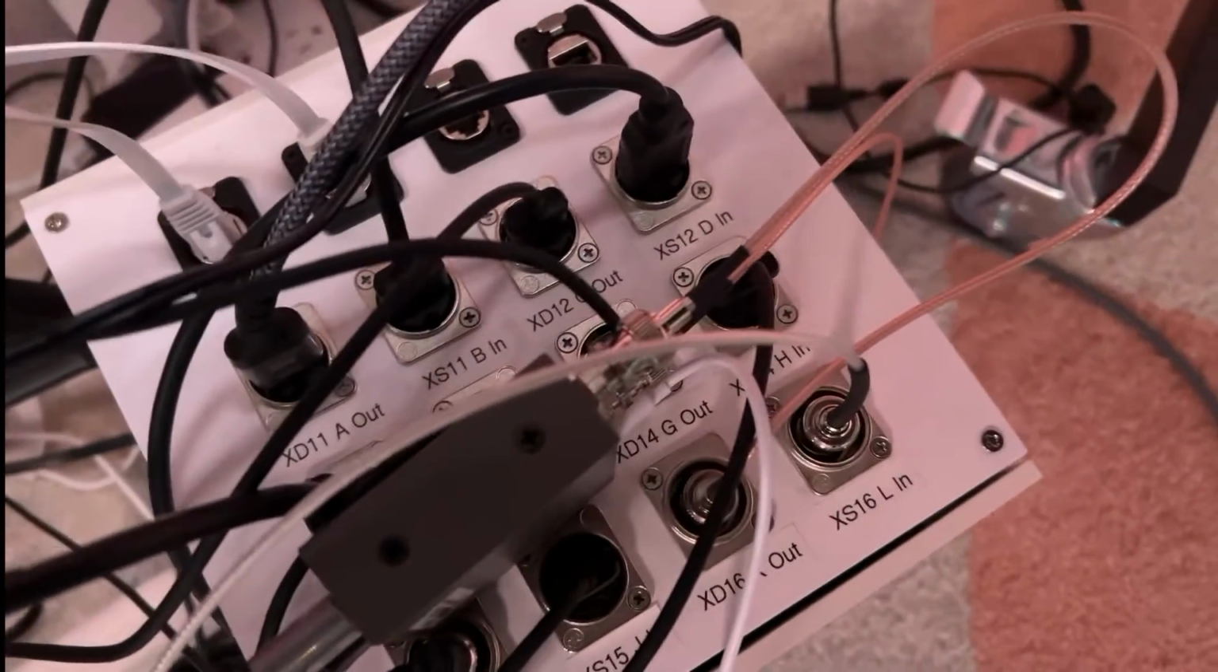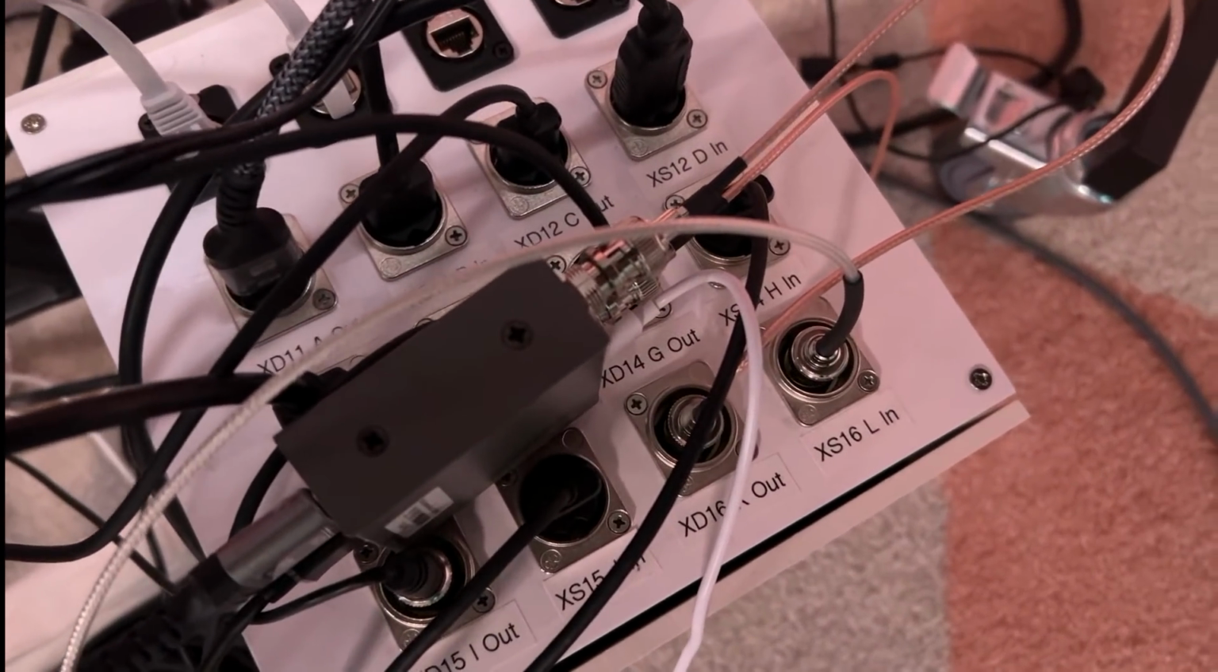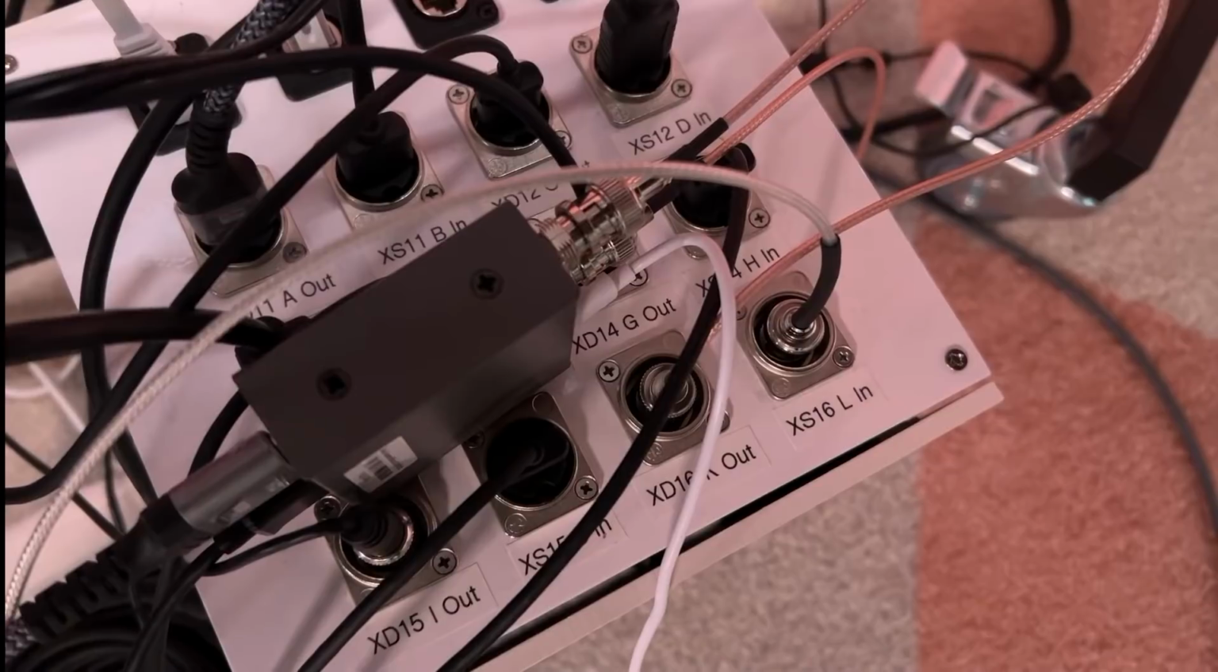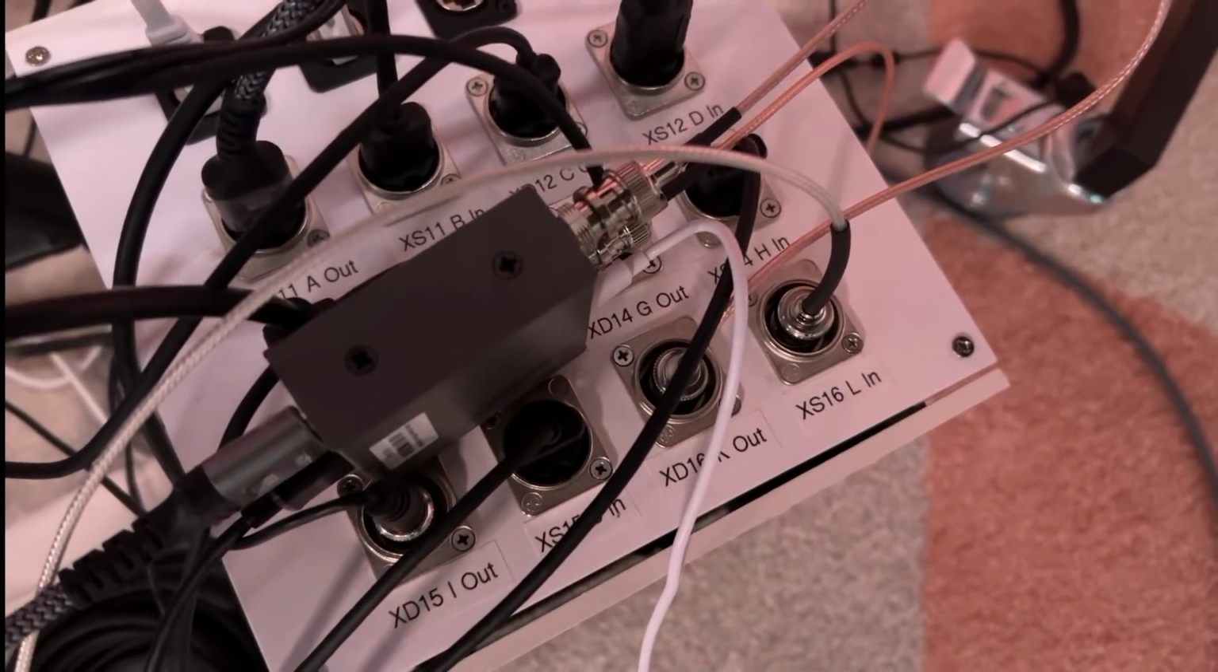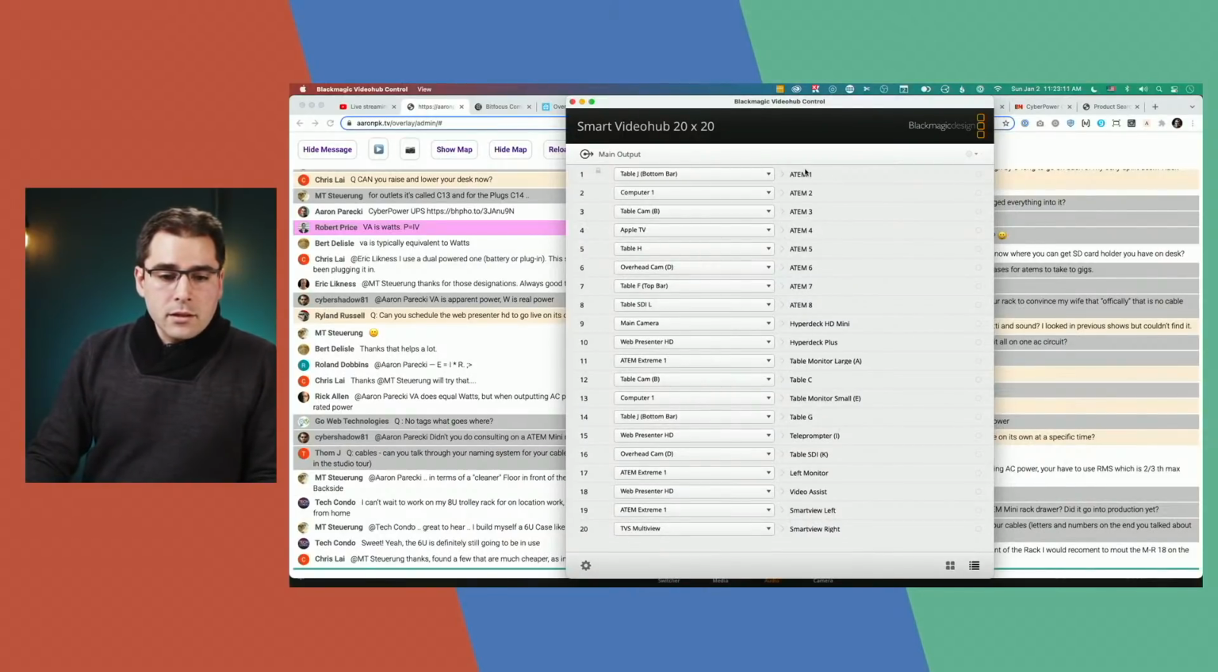Let's see if I can get the camera up there to show you the rest of them. And then the letter is the physical cable number. So the physical cable number is so I can identify those when I'm looking at the matrix. So if I look at the matrix config, the way I have this set up is the